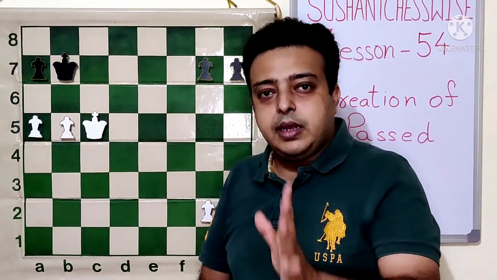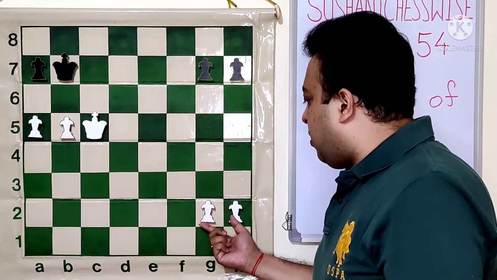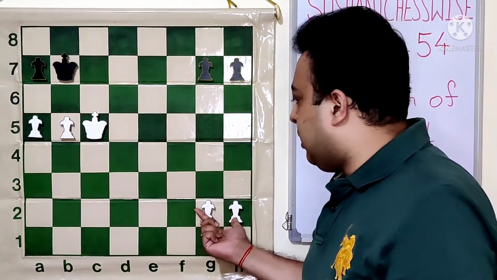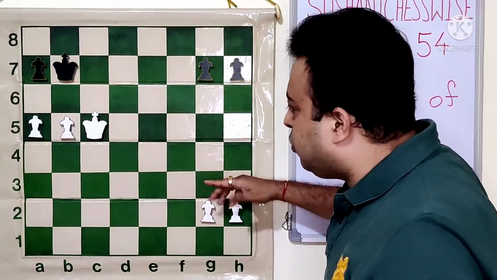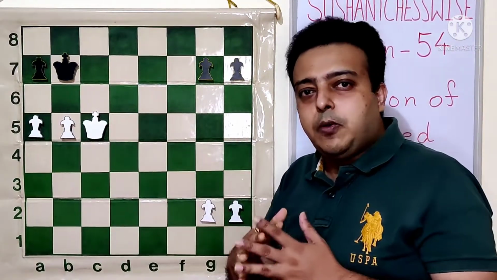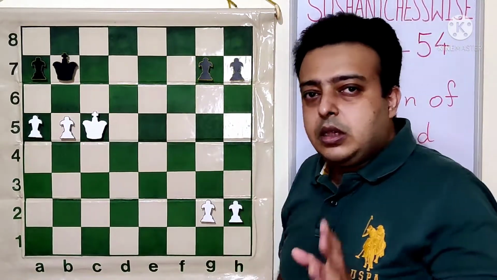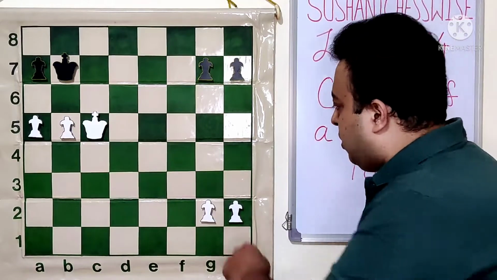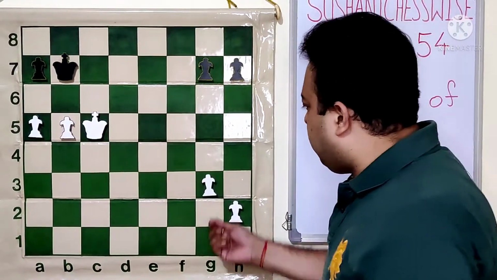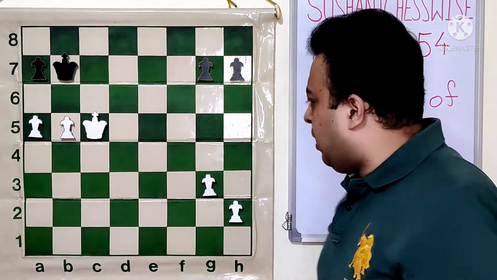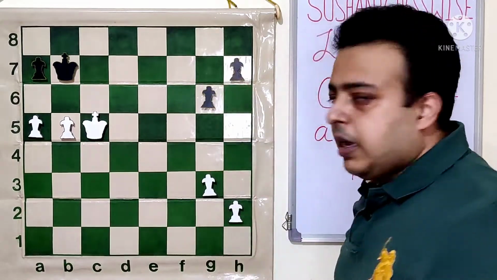Now before making the passed pawn, we should ensure that we are closing the position on the other side. What we mean by closing the position is we finish off the pawn moves on the other side so that the pawns stick to each other, and when the king captures the pawns, there will be no problems. Let's see. Suppose white plays the move G3. Generally, it is advisable that we move the pawn one step. But in this case, we can play two steps also. G6, black will also wait.